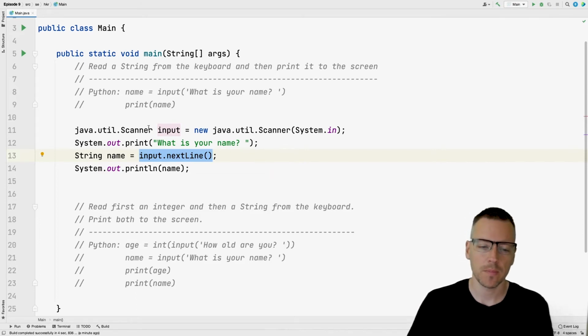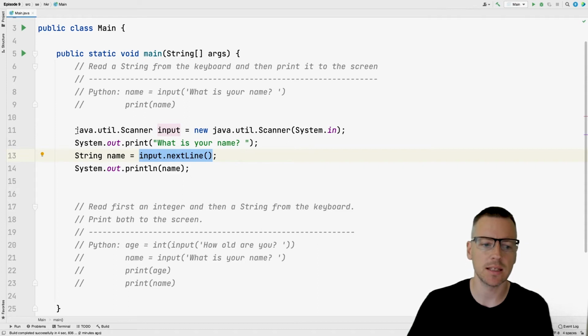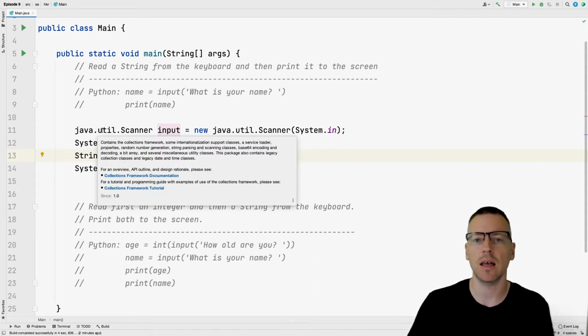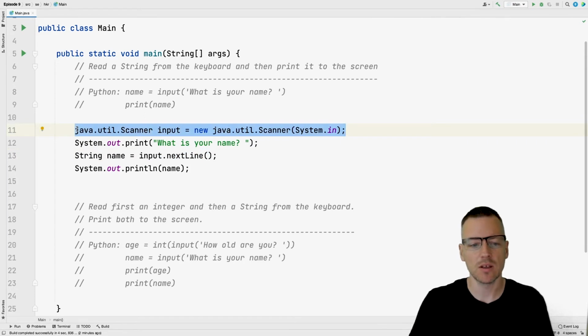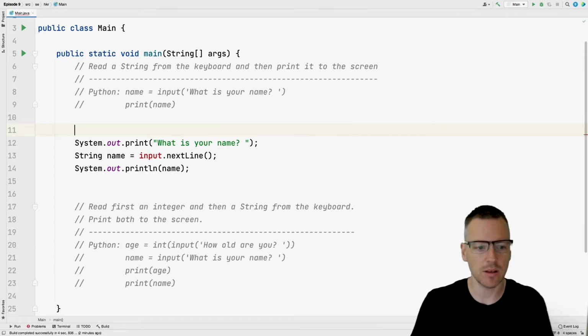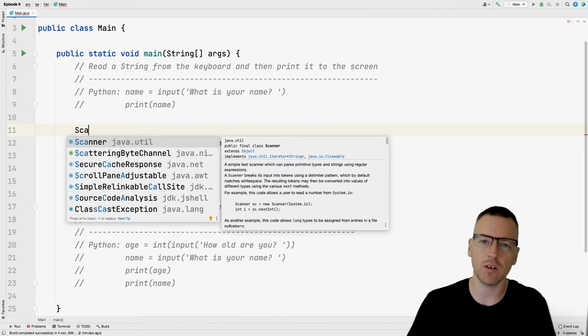But must we always write it this way? Must we remember that the scanner that we want to use is in the java.util package? No, we don't actually need to do that. Java can help us with that. So if I know that it is a scanner that I need, and I start writing that,